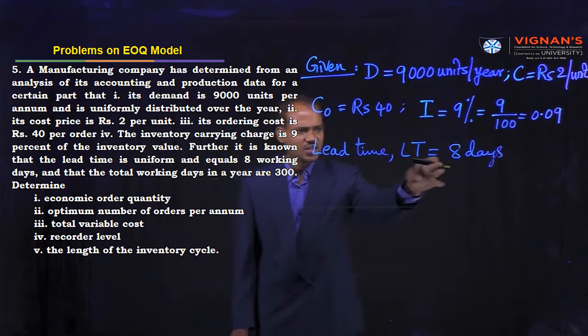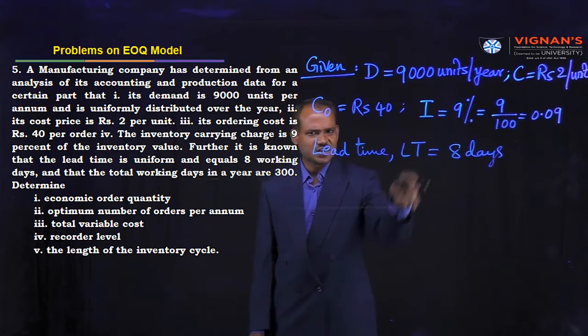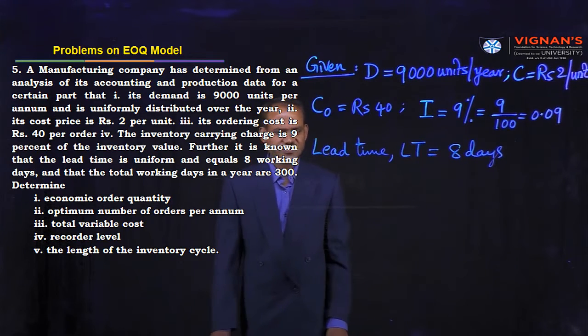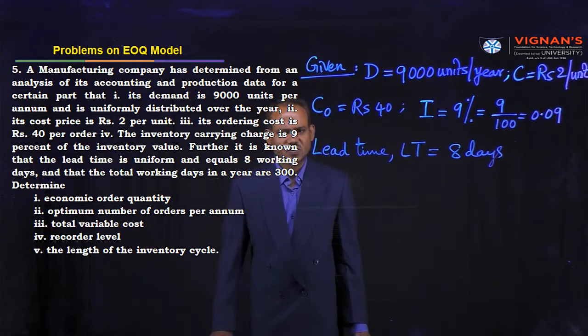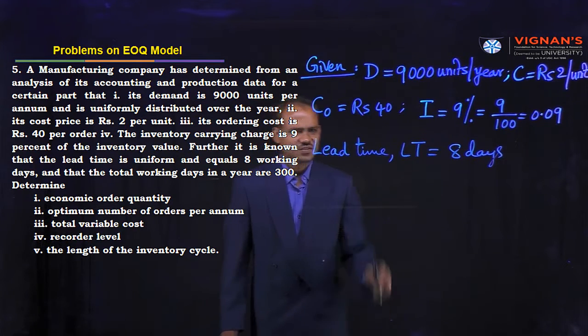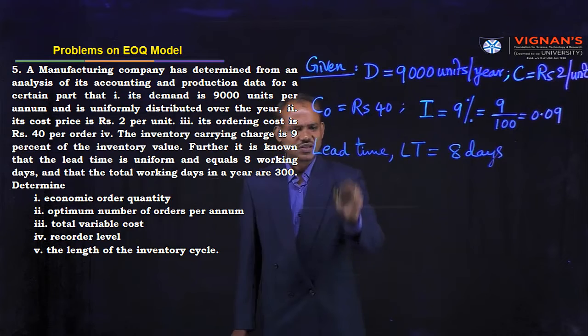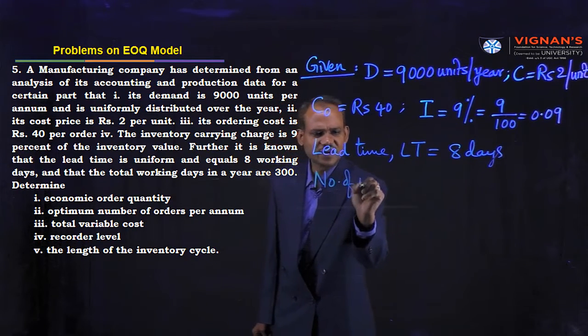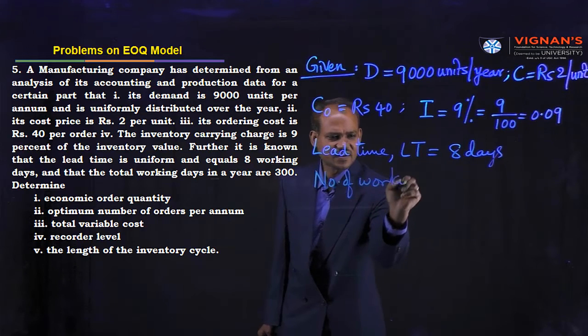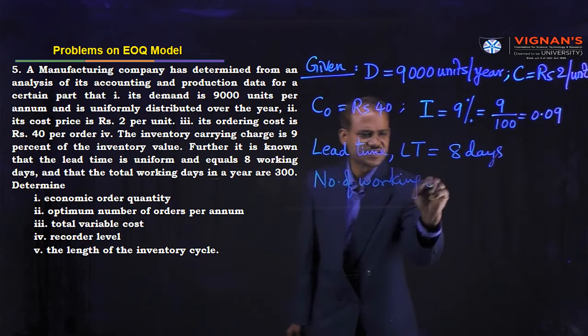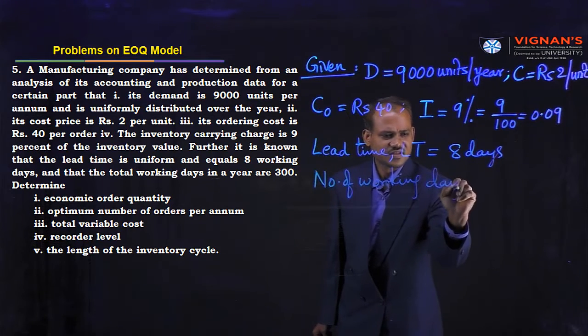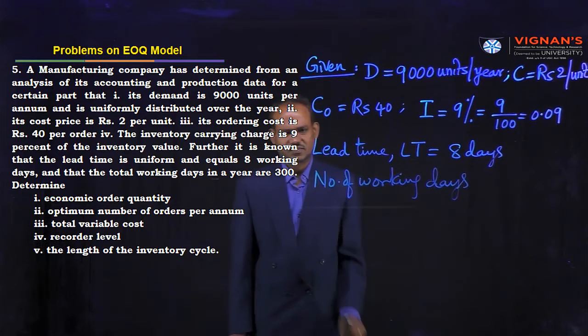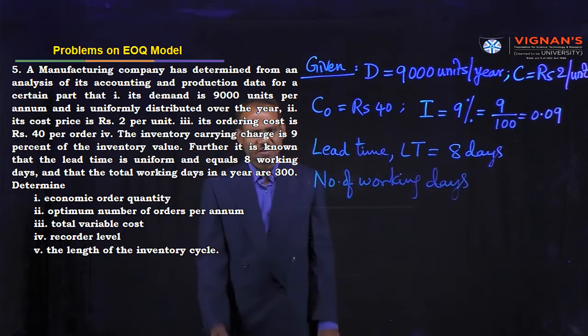After placing an order, in how much time can we receive that order? 8 days. That is the lead time. Next, the number of working days in a year is also given. Please consider this condition. Otherwise, if it is not given, you can assume